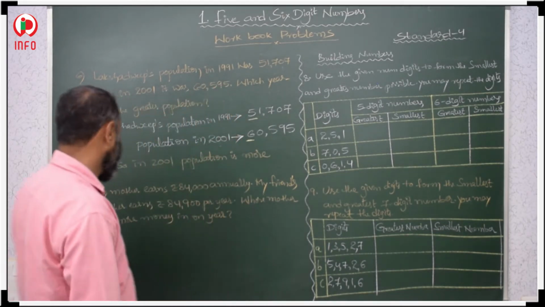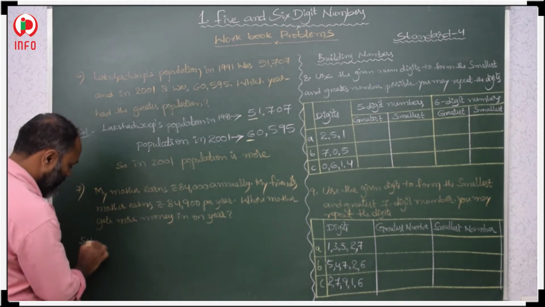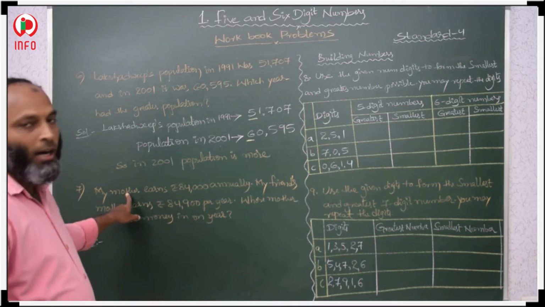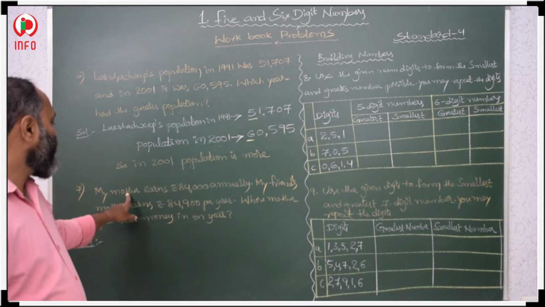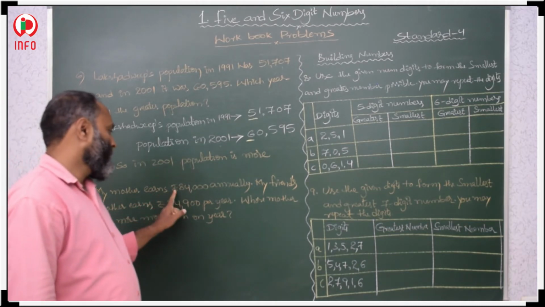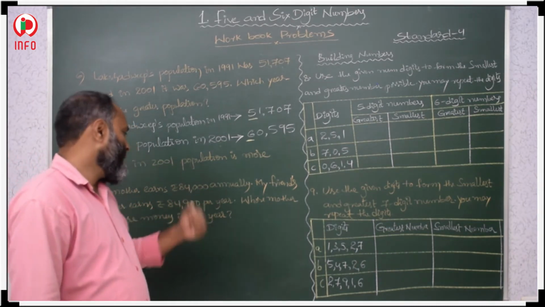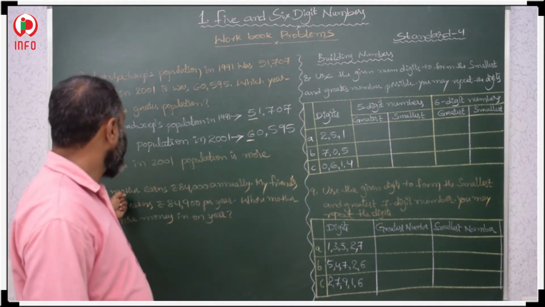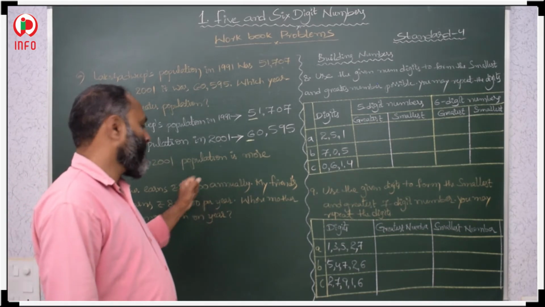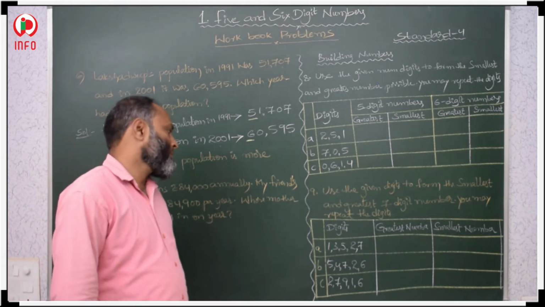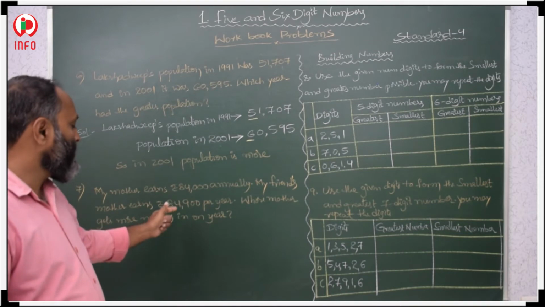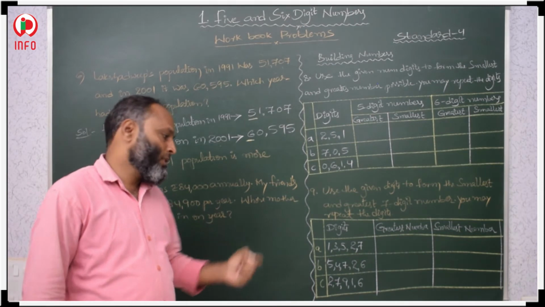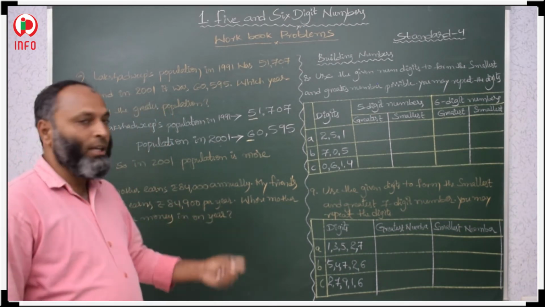Okay. Now a similar question. Here population is given, here yearly income is given. My mother earns rupees 84,000 annually. How much is his mother's income? 84,000. His friend's mother earns 84,900. Then whose mother gets more money in 1 year?